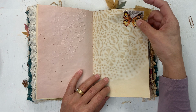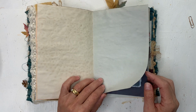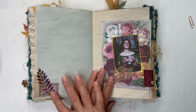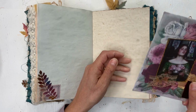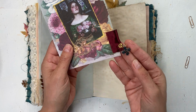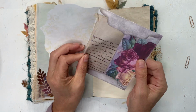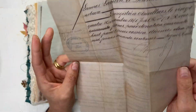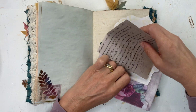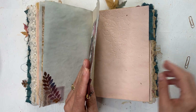Another little cluster with a sticker and a label from Roxy Creations and a sari silk little piece there. Purple cabbage dyed papers, one of those leaves, and this envelope is from the paper cameo, and it has this beautiful cross here that I found on, it was an earring again. And inside I have just an aged printable that you can use for collage, or add papers to it,